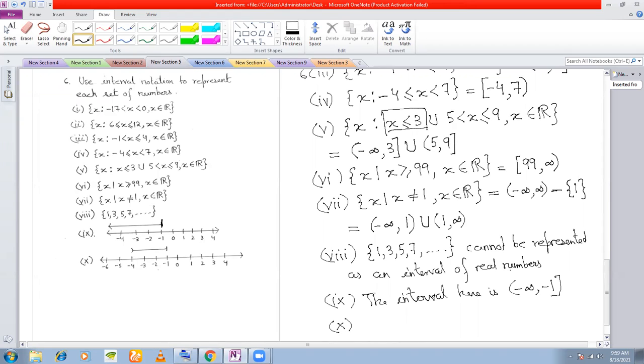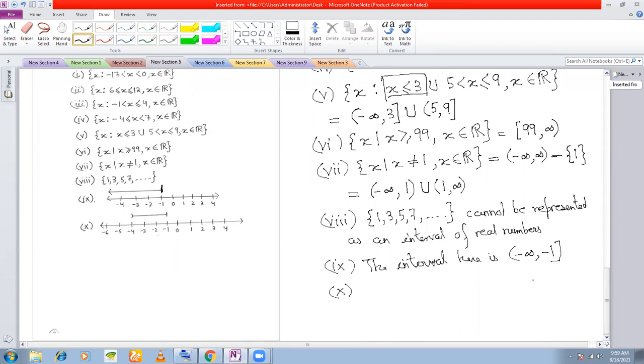Number 10. In this, you have all the values between -4 and 1. So what should be the interval here? You have a curved line above -4, so you associate a parenthesis with -4, comma. And then you have a vertical line above 1. That means for 1, we give a box bracket. So all the real numbers between -4 and 1, which are not inclusive of -4, but inclusive of 1.